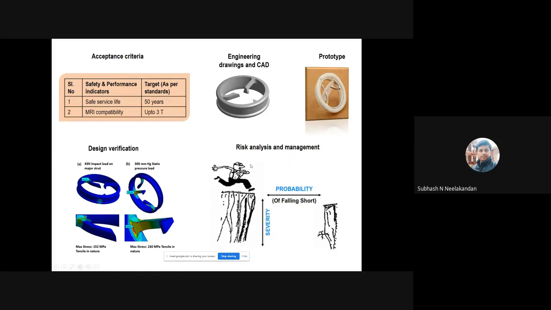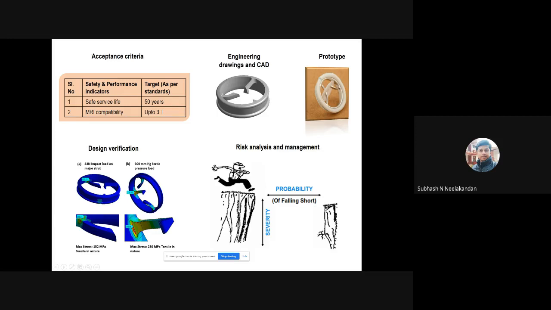A schematic view of that: assume a person is running from one mountain to the next through a cliff. There are three cases associated with this activity. He can either fall down or he can cross this cliff. So if you fall down, what is the severity of that fall? If he is going to jump to the next platform, what is the probability with which he will be reaching that platform? And number three is detectability.